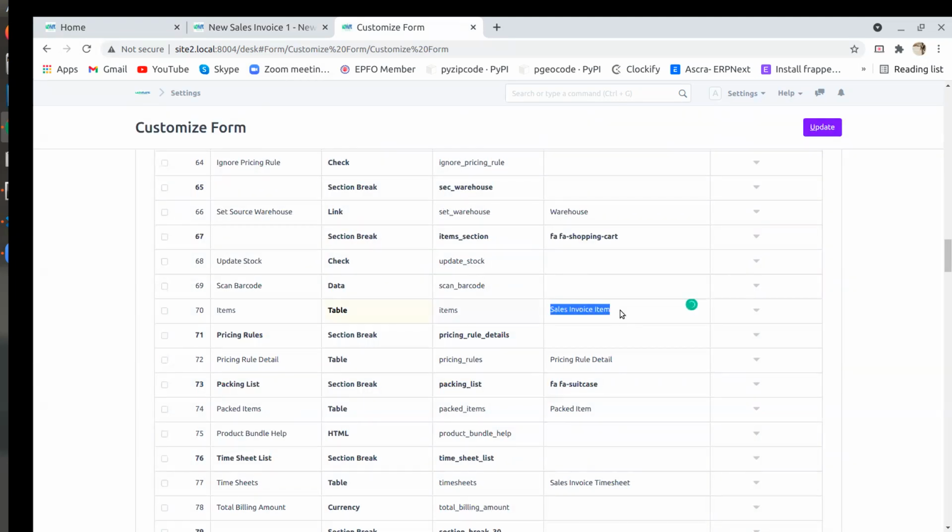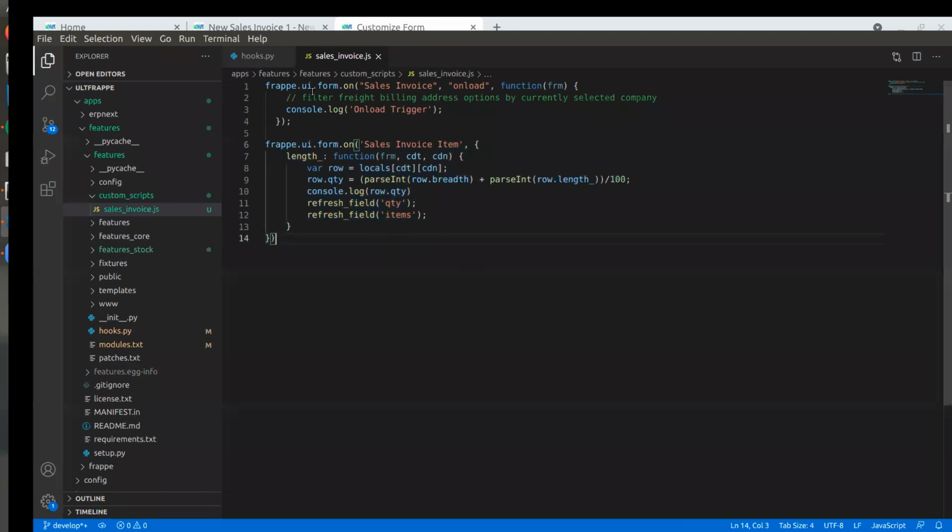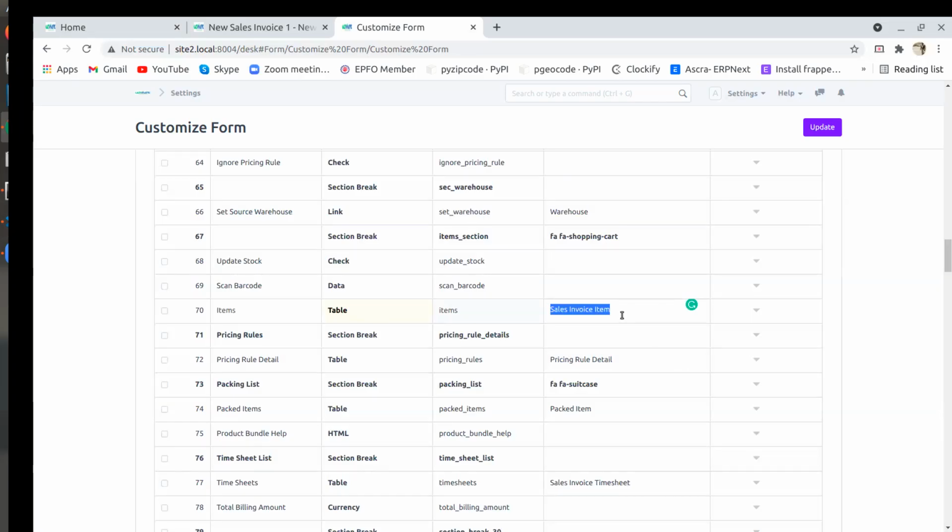I am writing the code for that. For the main form, the doc type is Sales Invoice, and the child form doc type name is Sales Invoice Item. Here we can see the variable name we have given for the items. These are the variable names and these are the doc type names which we have referred from other doc types.